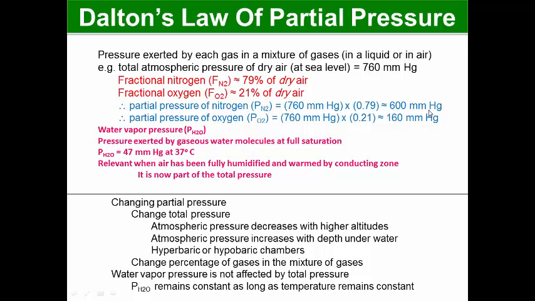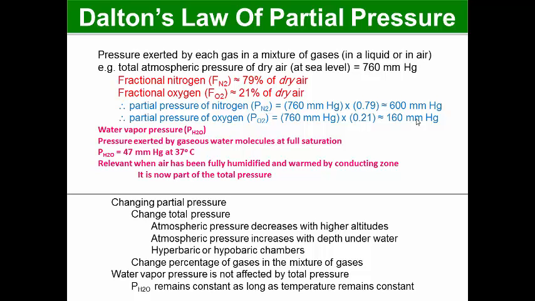The fractional concentration of oxygen in dry air at the sea level is 21%. So the partial pressure exerted by oxygen in the atmosphere, which is dry and at the sea level, is equivalent to 760 millimeters of mercury multiplied by 21%, or 0.21, and so the partial pressure of oxygen is 160 millimeters of mercury. Okay, when the atmosphere is humid,